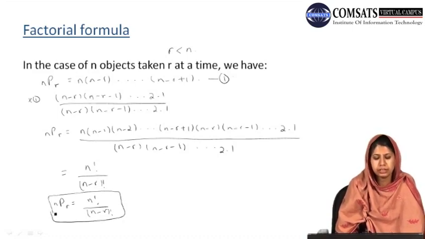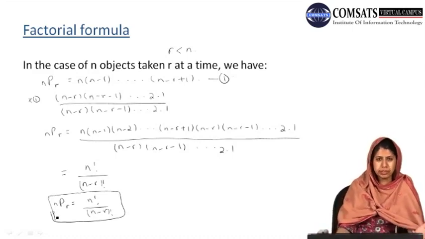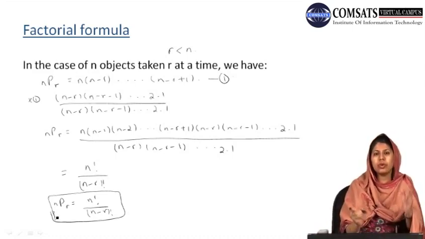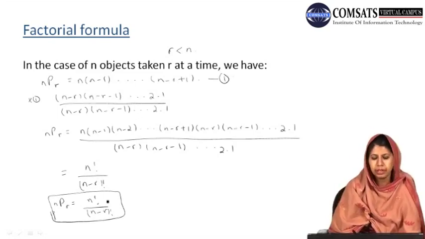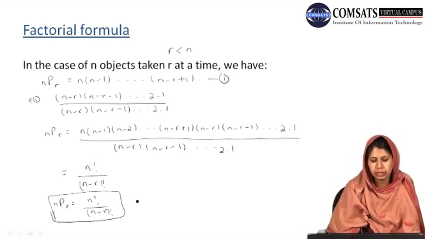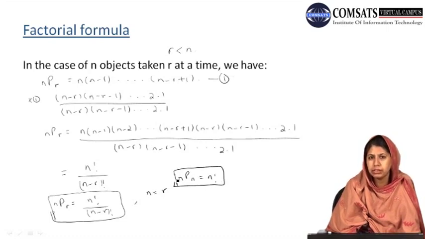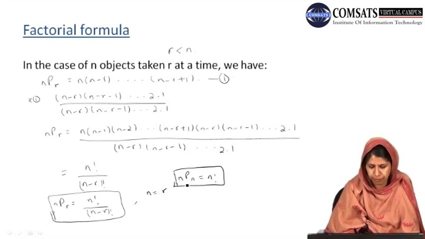So when we have a large number of possible arrangements, instead of listing all the possible arrangements and counting them to find the number of permutations, we can use this formula, where what is required? Only the number of given objects and the number of objects taken from it. Okay, one thing we may say is that if n is equal to r, we have seen in our previous slide that nPn is n factorial, that is, when the number of objects taken is the same as the number of objects given.